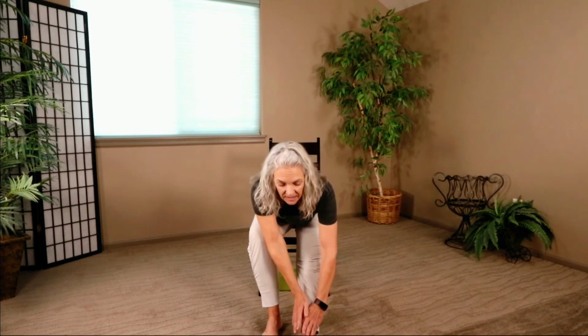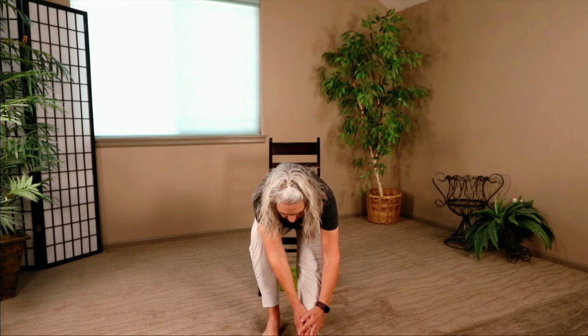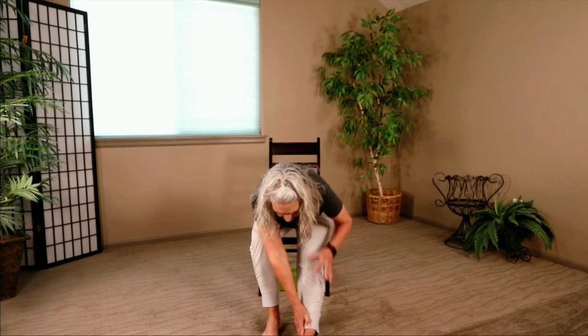This time, if it feels okay, as you extend through the spine, walk your hands down your leg. See how that feels, right? If that doesn't feel good, then keep your hands on your thighs for a nice supported pyramid pose. This one is going to give you maybe a little bit more stretch if that works for your body. One more breath. You're going to walk your hands back up that leg, bend the knee, and let's go to